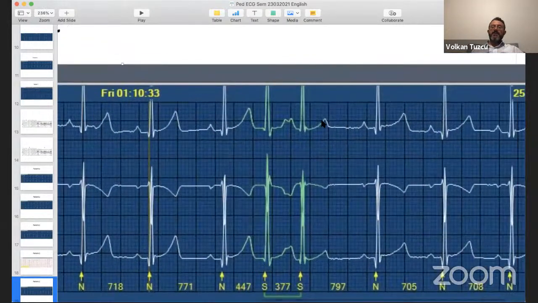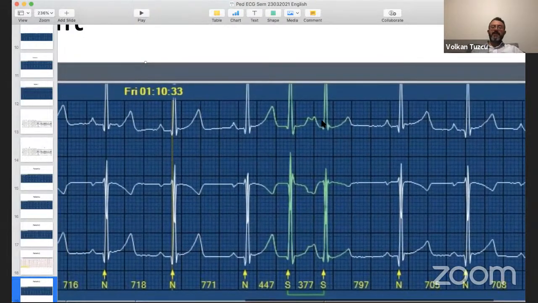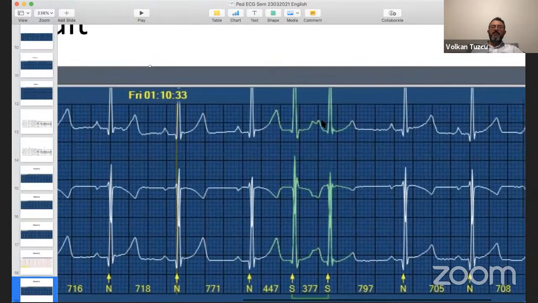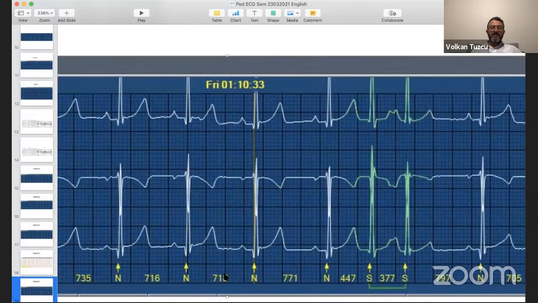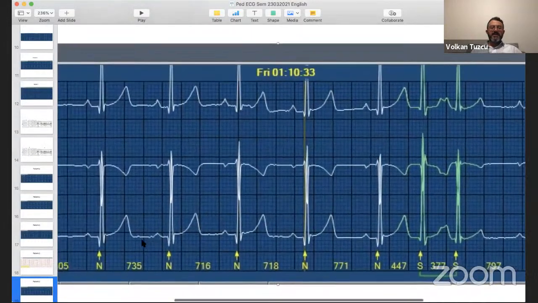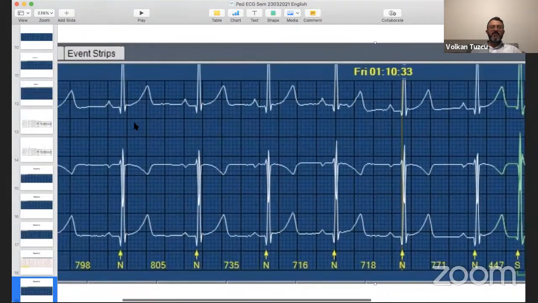Now, our next analysis is, like most of you are saying, what is this P wave? Is this PAC or not? Again, what did I tell you before? To call something PAC, it has to come relatively early compared to the previous baseline sinus rhythm, okay? So let's look at it. What is the rate on this patient? It looks like 718 milliseconds, with slight sinus irregularity, which is okay.